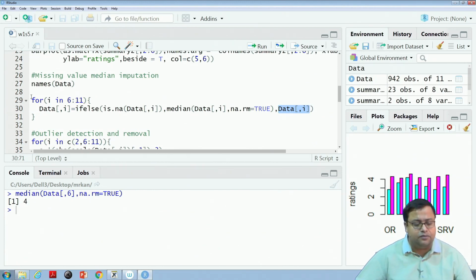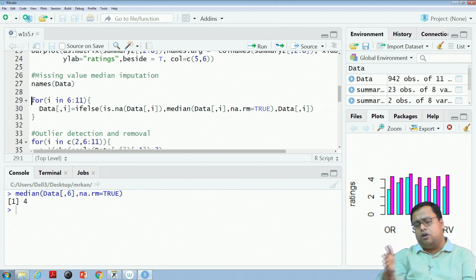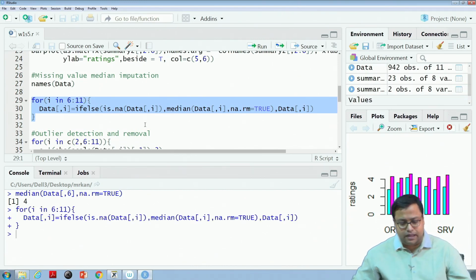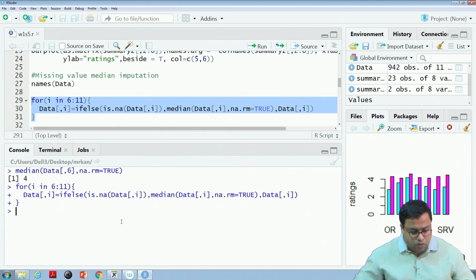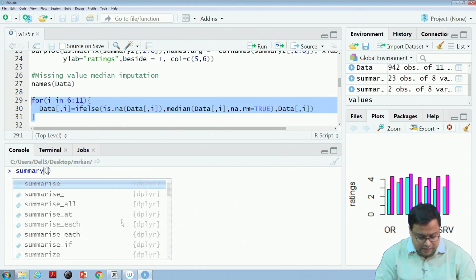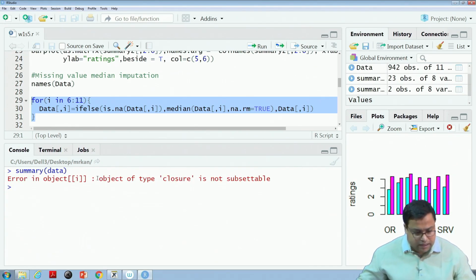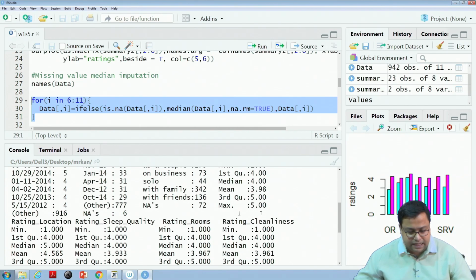So, this will go one column at a time, find out where the NA values are, and replace them with that particular column's median value. How will I know that it has been replaced? Now, if you do a summary of the data, with capital D, you will see there are no NAs in the last 6.